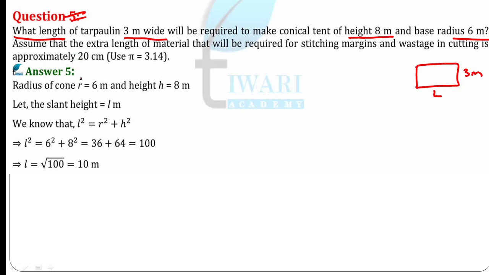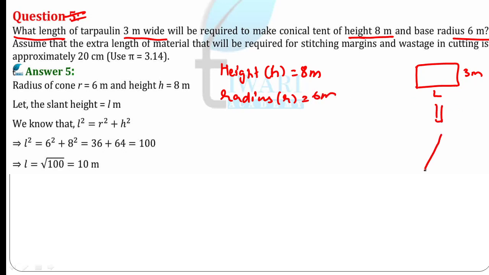So here the given terms are: height is given, that is the value of h is 8 meter, and the value of radius is 6 meter. This cloth is used to make this conical tent. Here the value of slant height is not given, so we know that for this conical tent,